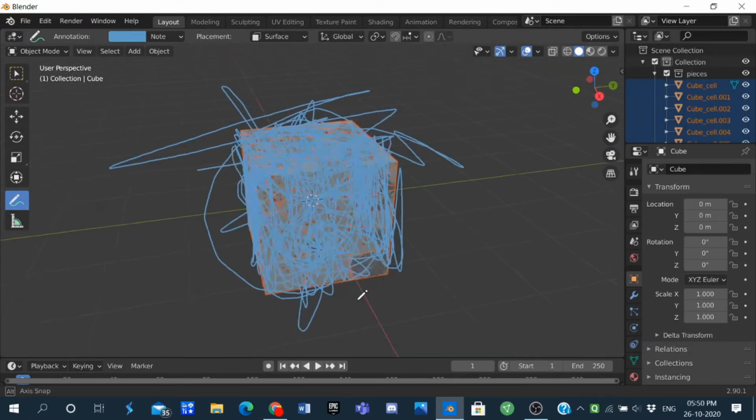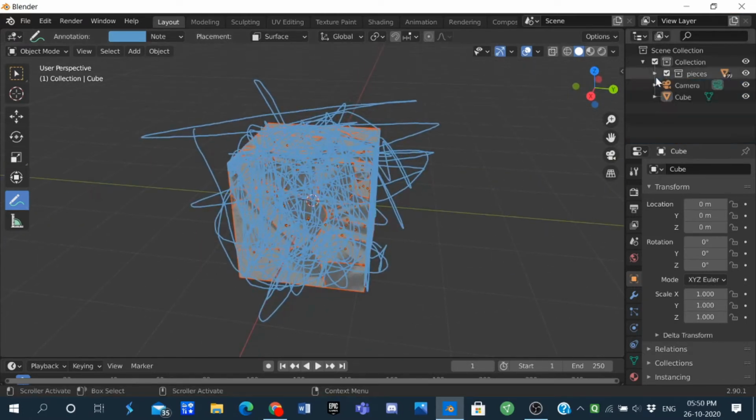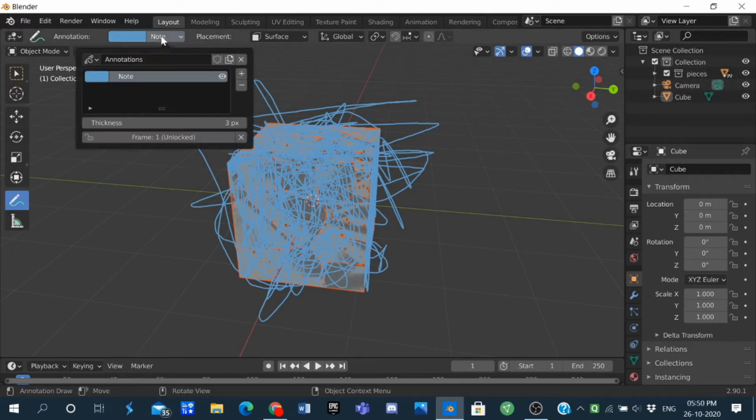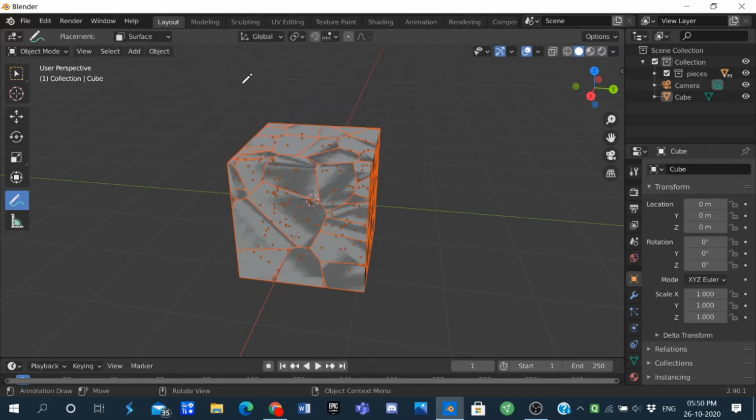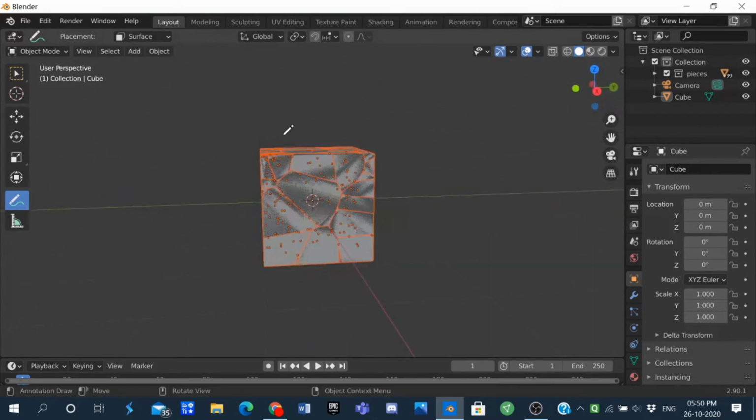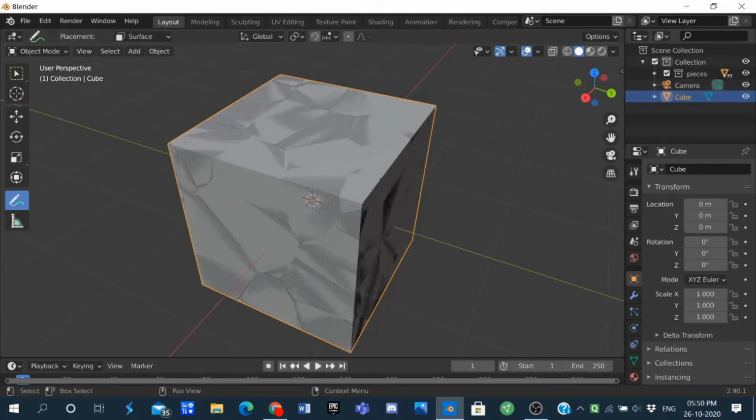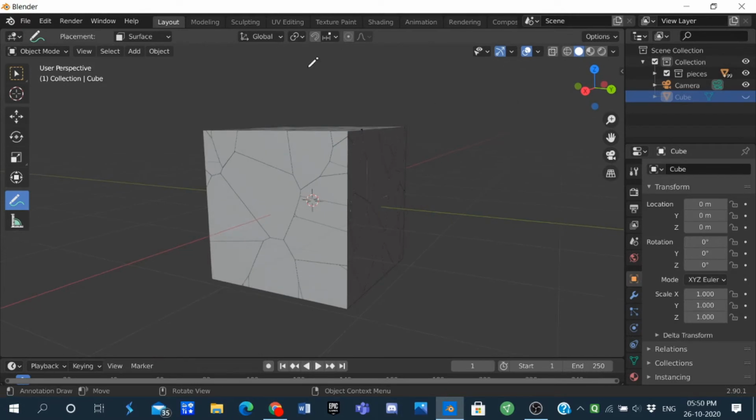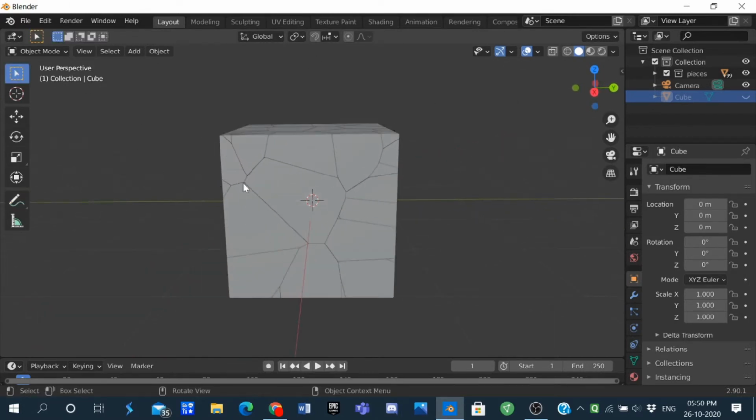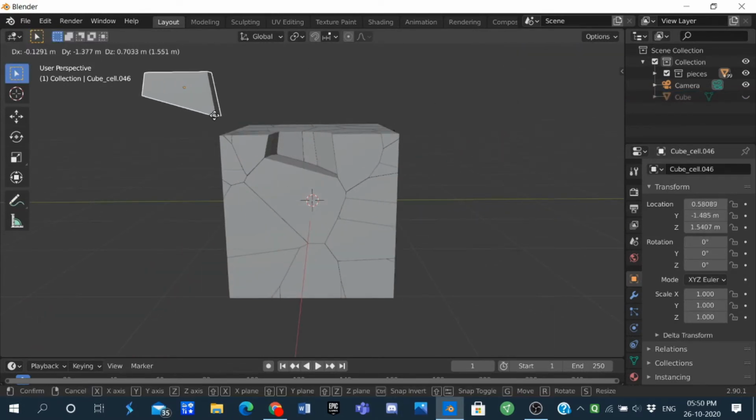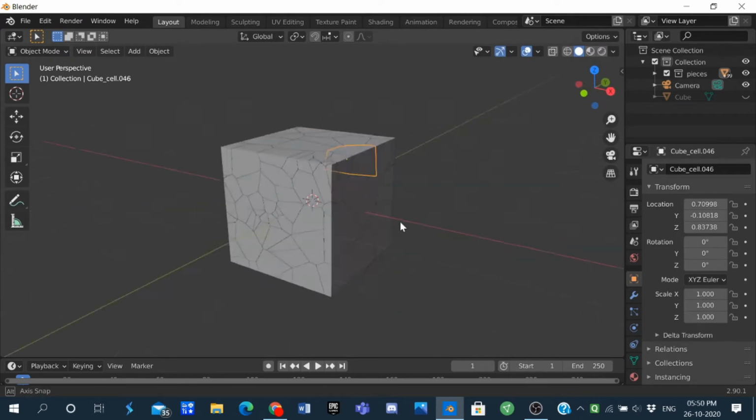Once it's done, go click on node and just click on the minus button to remove the animation. So right now it's looking a bit weird because the original cube is still there, so you have to hide it first. So now you can see it. There are many pieces. So now select any of the pieces. I'm just going to select one,